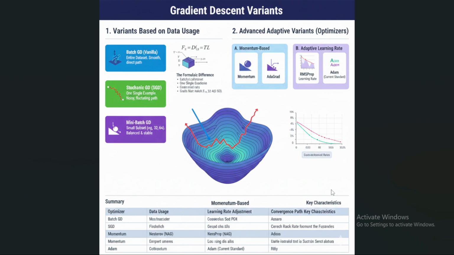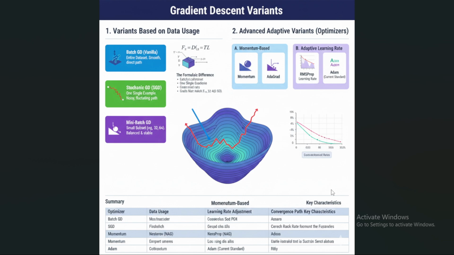So mini batch gradient descent and update rules, concepts, and Nesterov accelerated gradients, and AdaGrad, RMSProp and Adam, and third one